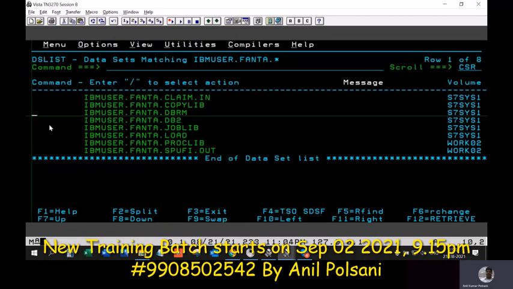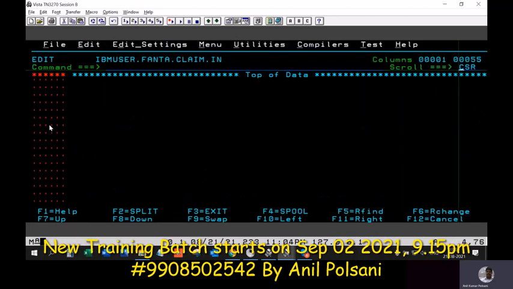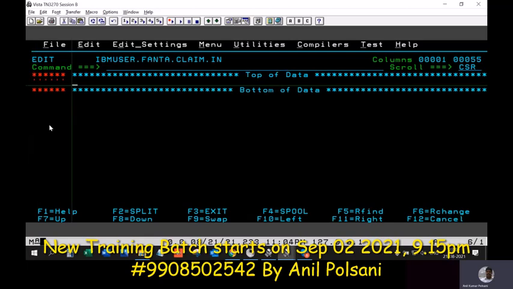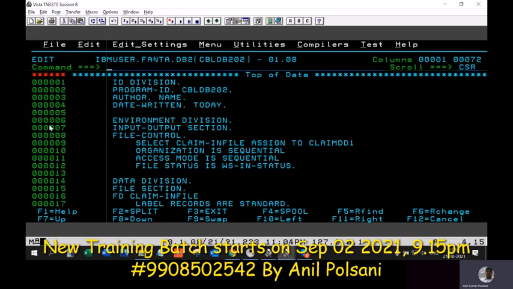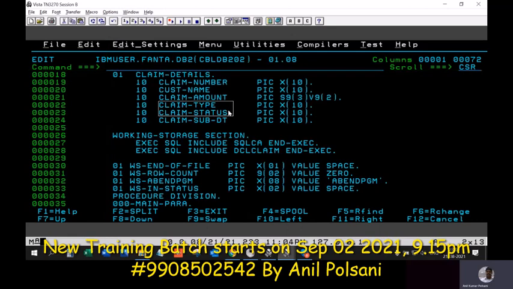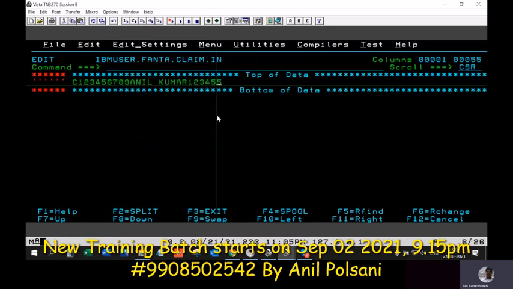So here we need to give claim record 9 numbers, customer name 10 characters, amount 5 characters, and what is the next one we have? Then we have type, status, date.